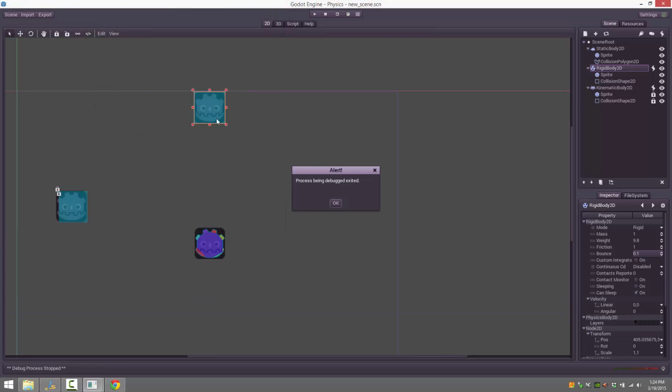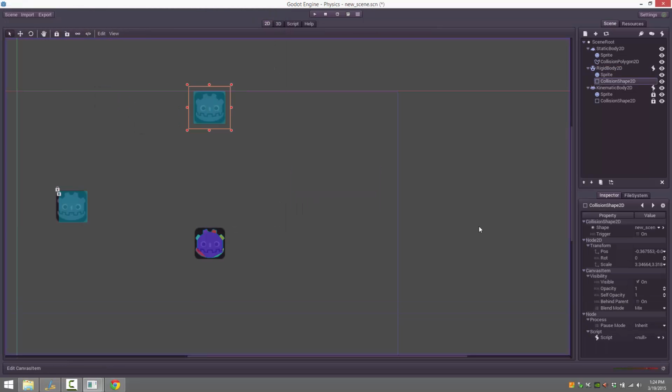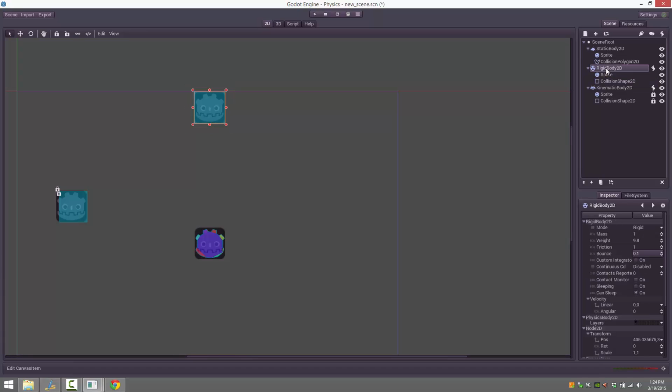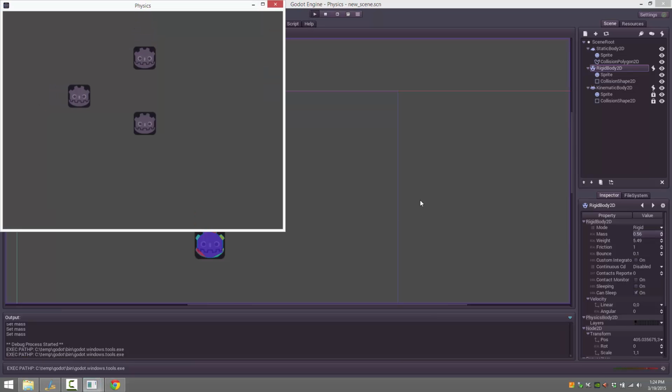Ditto, if I go down to our main guy, rigid body, and let's just decrease its mass somewhat substantially, and run this. You will now see,